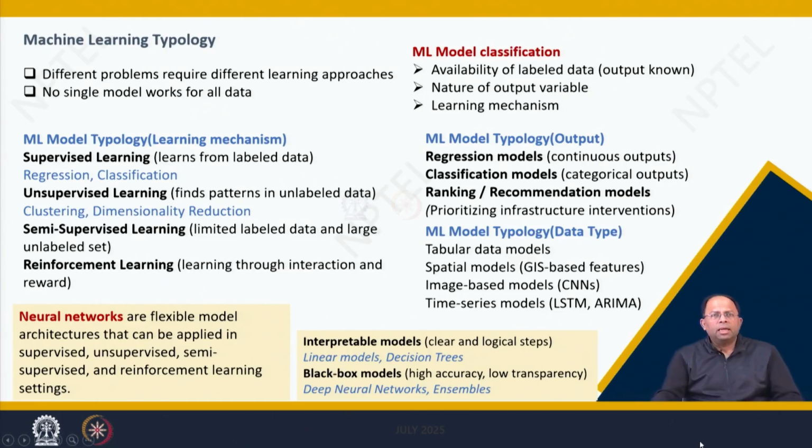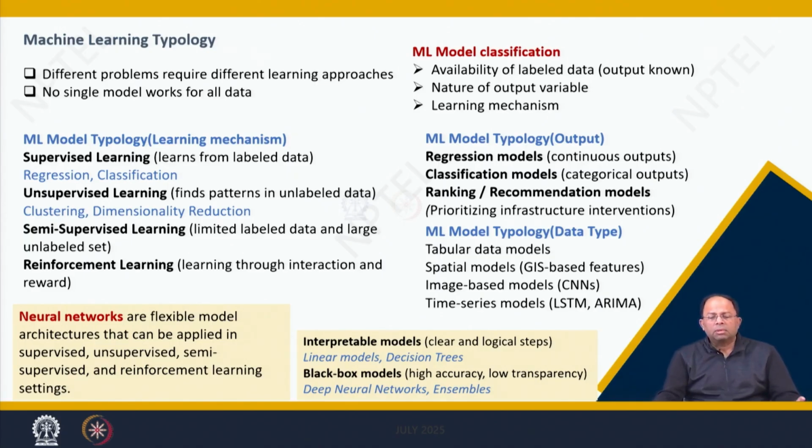By machine learning typology, we mean the different approaches towards solving the different problems that we face related to data analysis using machine learning models, and the different ways to solve them. Different problems require different types of learning approaches, and there is no universal model that could be fitted to any kind of machine learning problem. So, according to the problem, the nature of data, the solutions we want, or the context of the work that we are doing, we will be using different kinds of models.